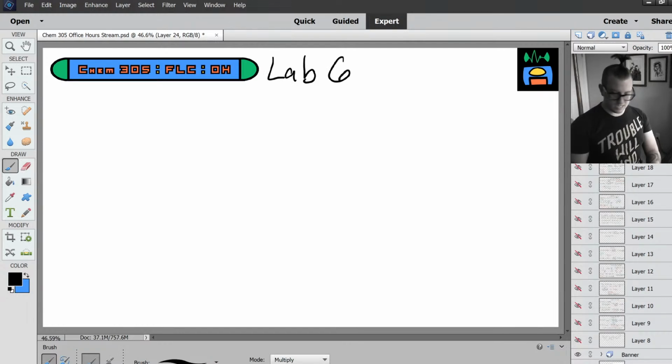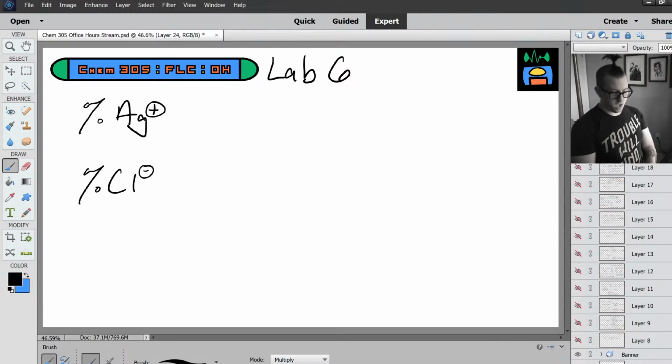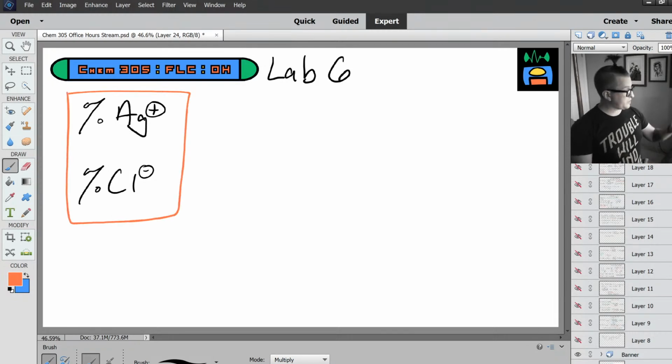So for Lab 6, this is for the percent of silver cations, the percent of chloride anions, and so I'm looking at the numbers that I calculated right now, and for both of these, given our starting values, for both of them,